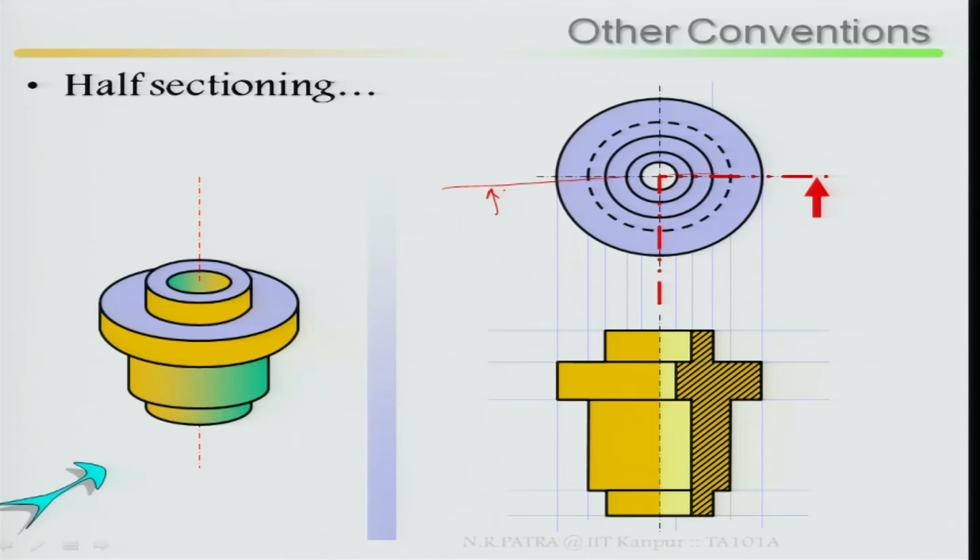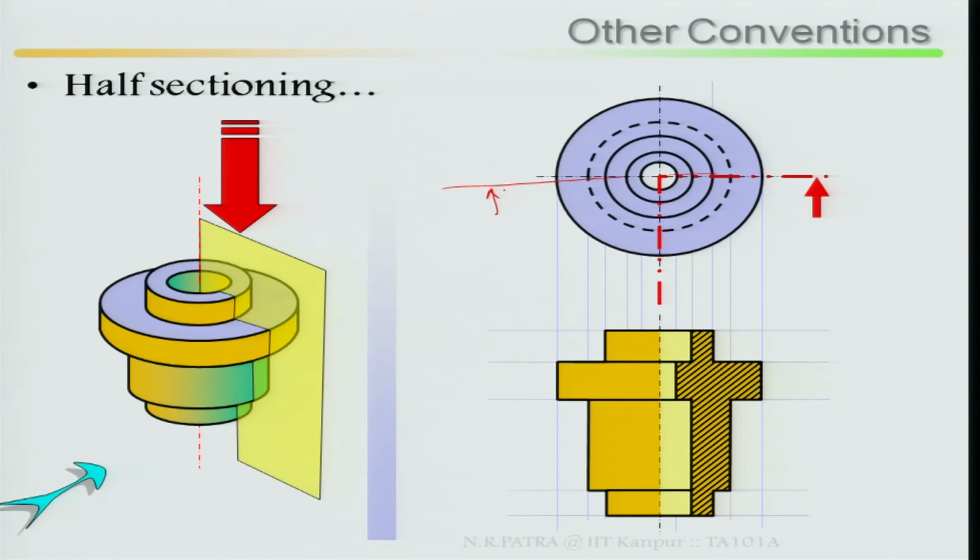Why is it half sectioning? This is an axis symmetric problem. That means throughout, if I take a quarter, half of the sectioning, whatever I am going to see will be the same throughout. So one half of the material has been taken out, then looking at how it looks,